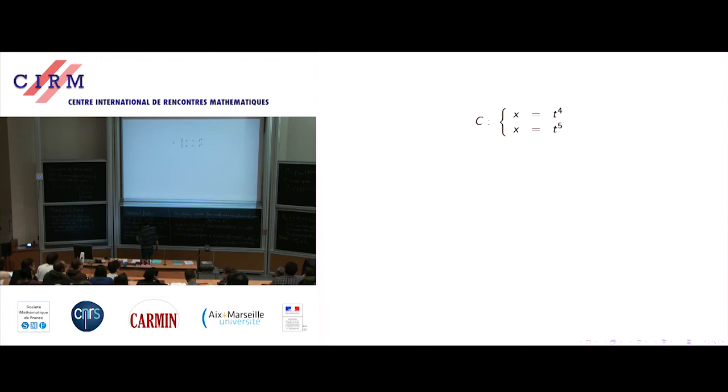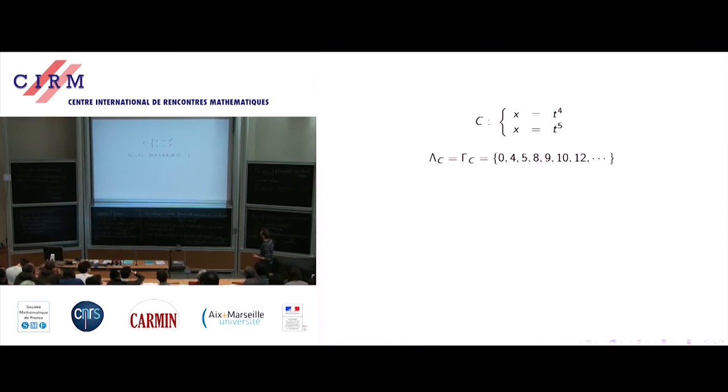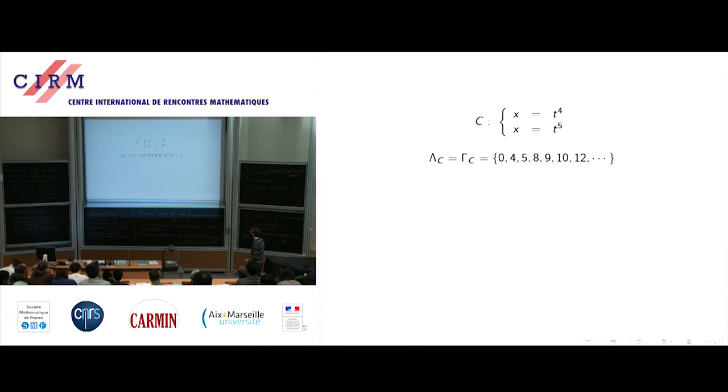So for instance, let me just show you that lambda c is not a topological invariant. Again, with that example. If you look at these curves, you can compute this semi-group. And this lambda c is a set. This lambda c is usually called the set of valuations of scalar differential forms on the curves. It's not really important, but let's say in this situation, both invariants are equal.